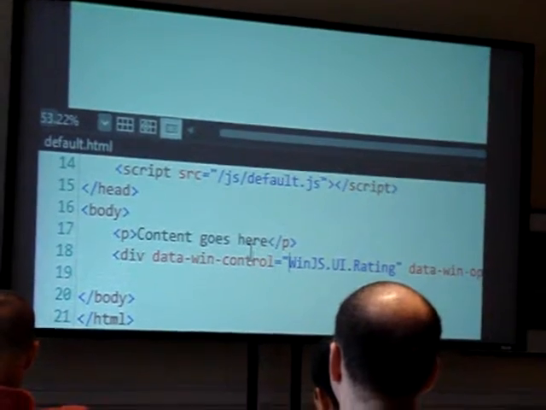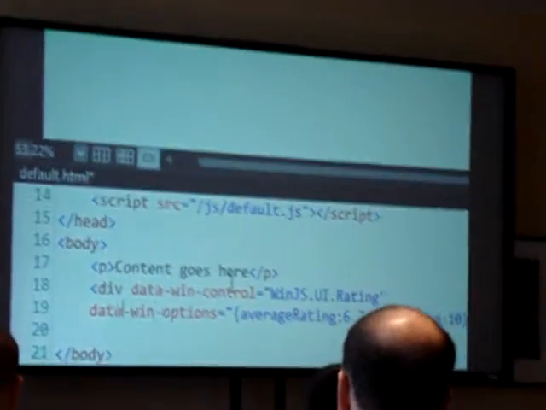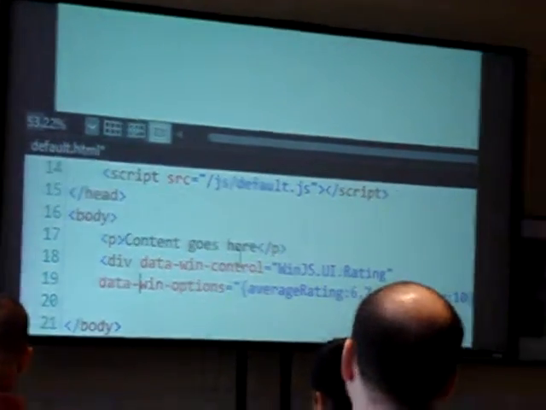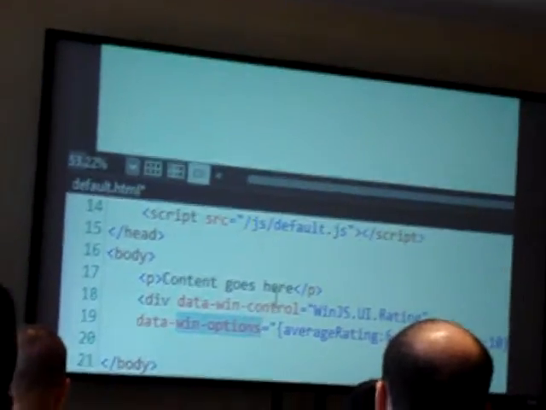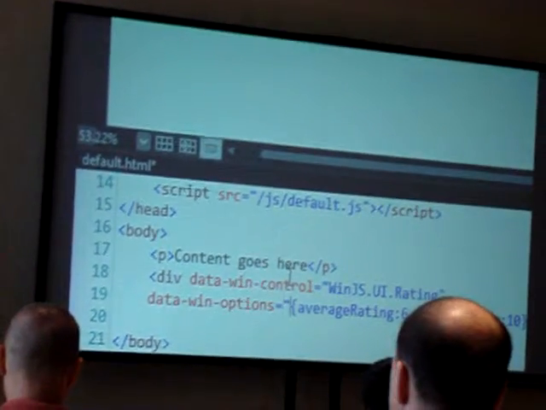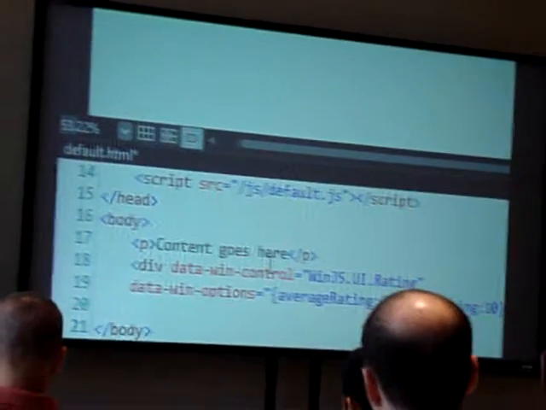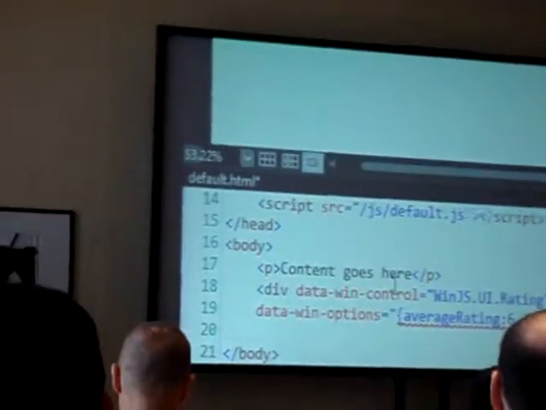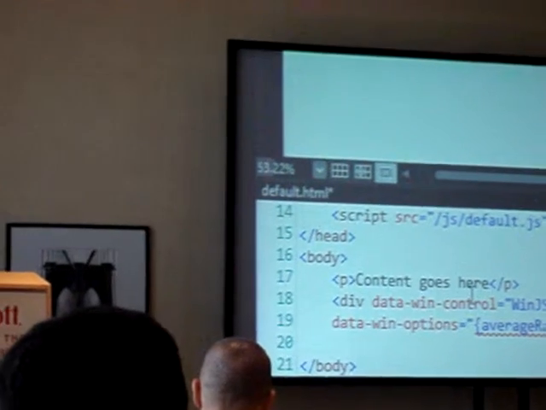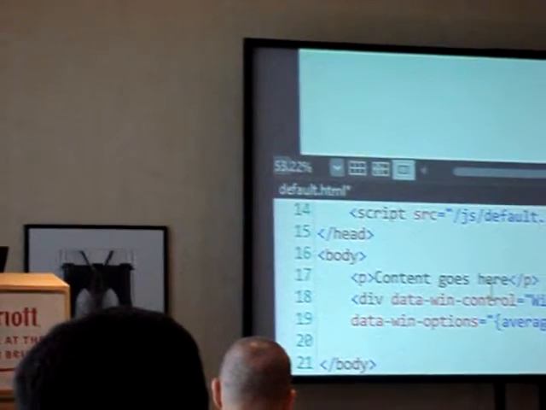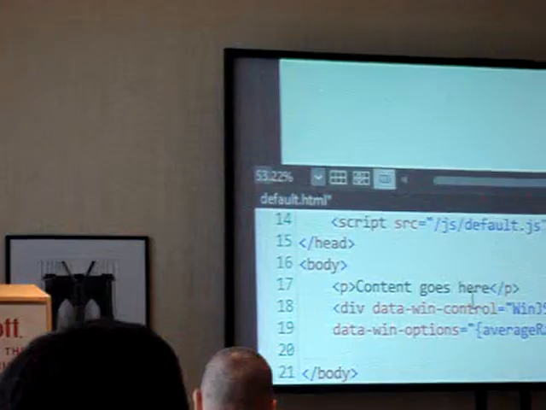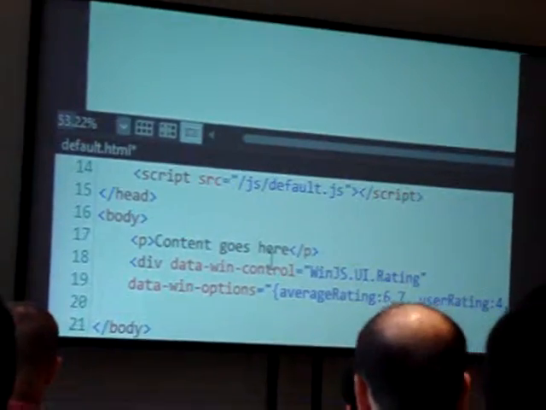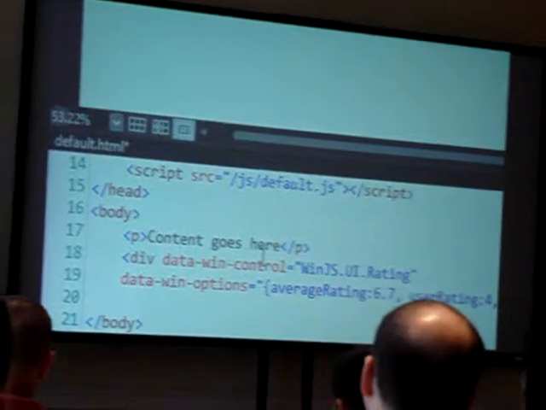In fact, let me just add some new lines in here so you can see what I'm talking about. Now that I've changed up the defaults, it's actually added this new data dash attribute here, saying win options: average rating 6.7, max rating 10, whatever. See, I can add in user rating. I can do this all by hand if I want to, and this is the stuff that WinJS UI process all is going to look for before it then creates and instantiates that control and emits that into your running